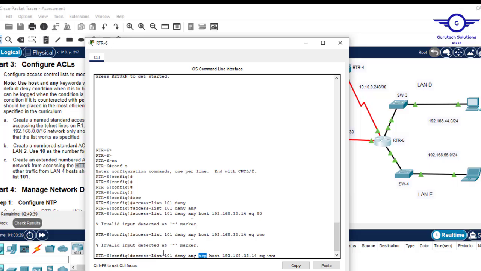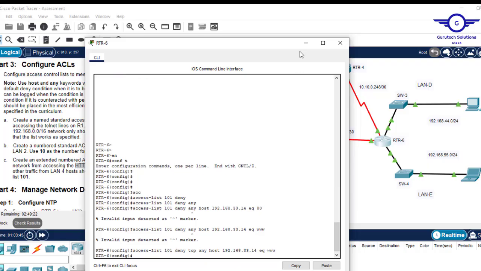So access list 101 deny TCP any host, that one. Okay, all right. So access list 101 permit